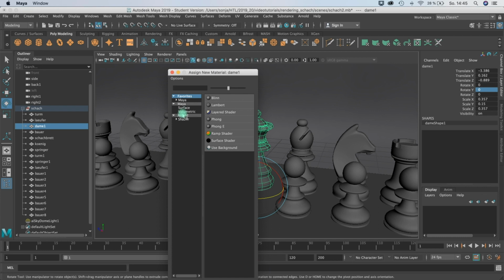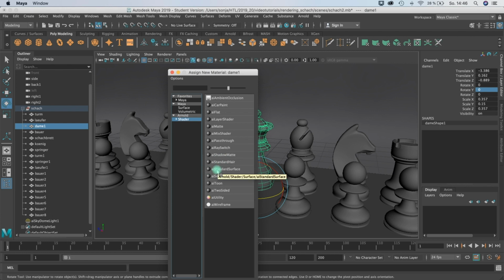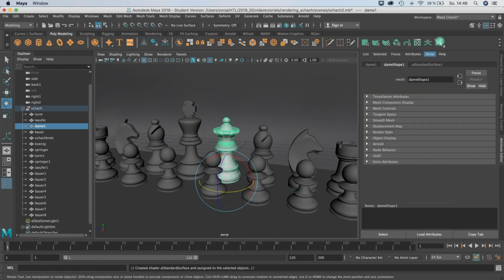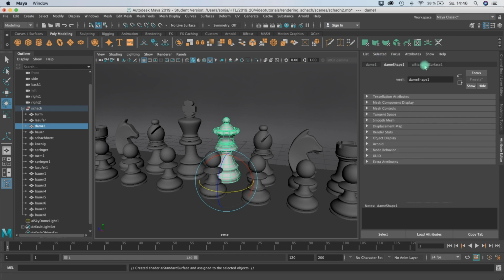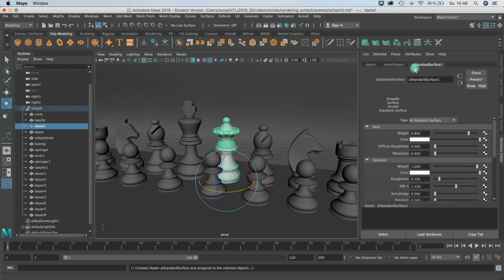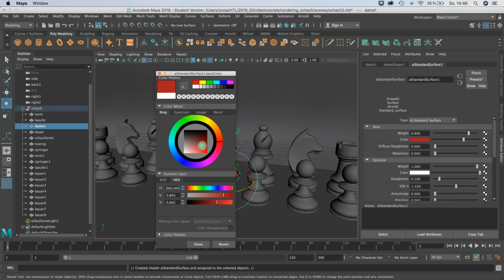Okay, and then you should find the Arnold tab here with shaders, and we do a standard shader, and this is aiStandardSurface. Okay, and now we can do some more details. Go to the tab aiStandardSurface1, and now you can actually do some basic stuff